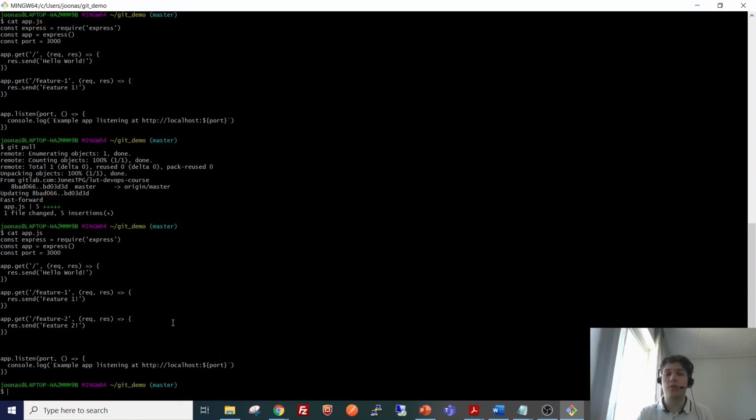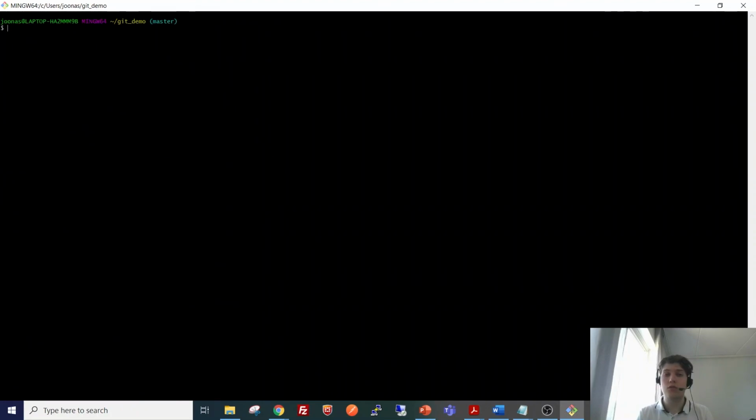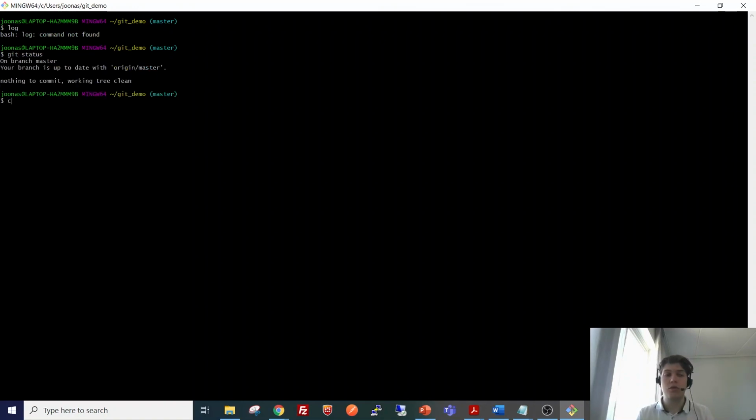So it is important to remember that the synchronization doesn't happen automatically. We can, for example, by using git push, integrate our changes from the local repository into the remote one, and by pulling we can get the changes from the remote to the local repository. Okay, so now we have gone through that as well, and now we can continue developing our project as we see fit.